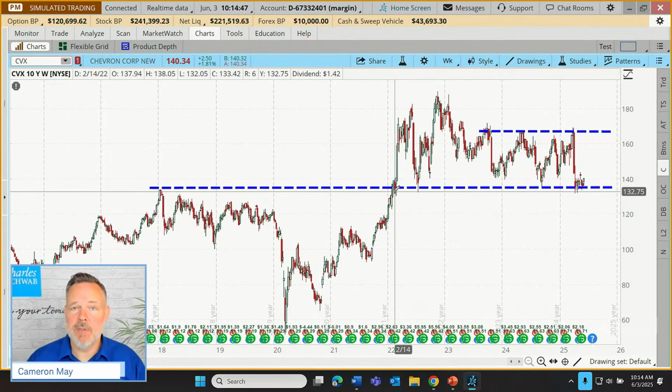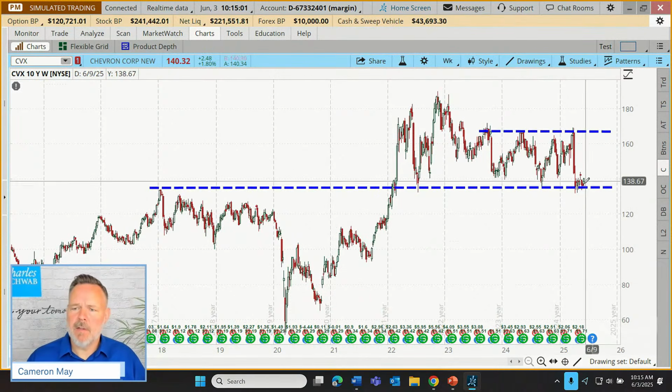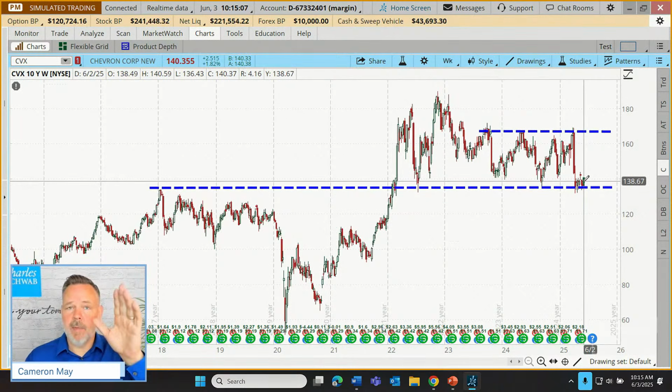So for some technical traders using their stock charts, they may look at previous price floors and price ceilings as maybe an indication of where those price floors and price ceilings might be in the future. So looking at this, maybe we're starting to see some strength off that floor, and it could be our trader's conviction that this stock looks bullish from here.